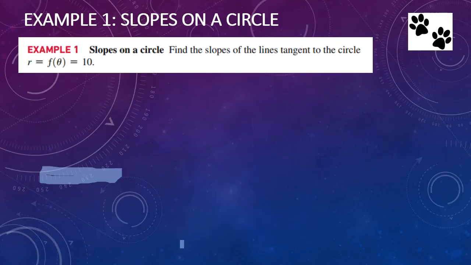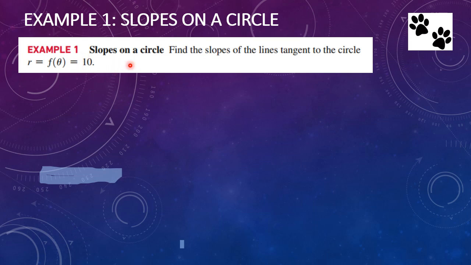So let's see how that theorem plays out as we try example number 1, slopes on a circle. Find the slopes of the lines tangent to the circle r equals f of theta, which equals 10. Well, the first thing we notice is that r is now a constant. It's not dependent upon different values of theta. So that implies that the derivative of f of theta is going to be equal to 0 because it's the